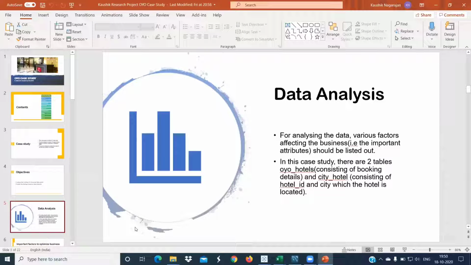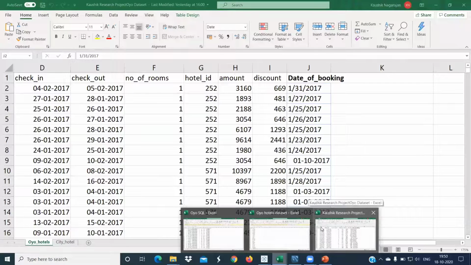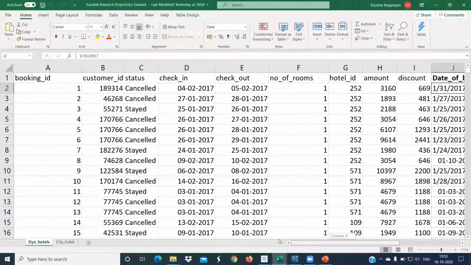For analyzing the data, various factors affecting the business, that is important attributes in terms of data science language, should be listed out. Attributes here refer to the column name in layman's language. So from this attribute, we can see that booking ID and customer ID are not so important. Customer ID is important only when it is counted uniquely. The values inside the customer ID and booking ID are not so important from a business